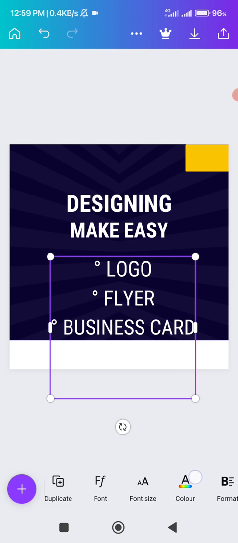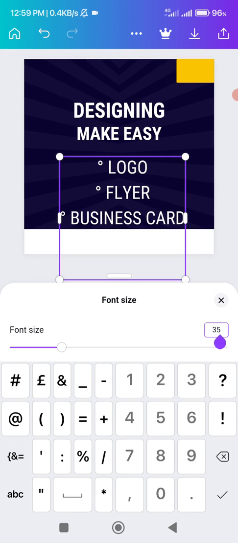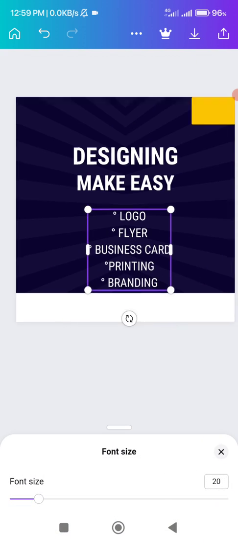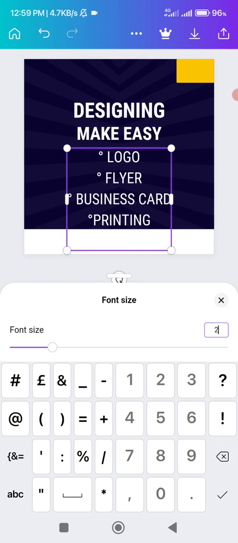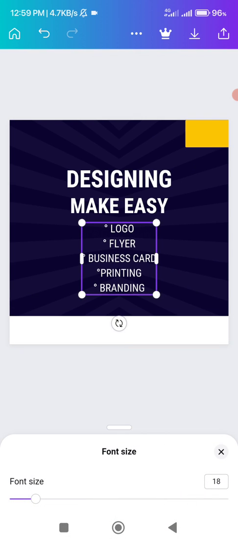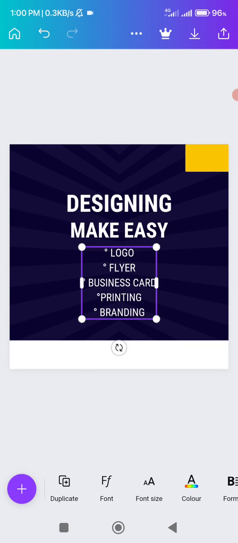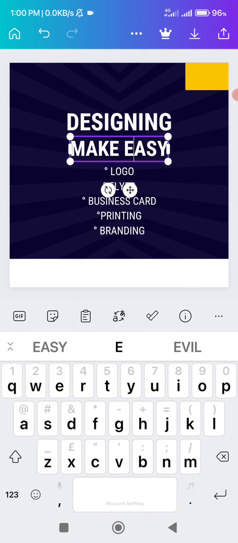So I'm going to reduce the size of this to about 20. Okay, I think that's okay. Oh, let's take it to 18, let's see. Okay, I think this is fair enough. Okay, I think we can work with this. Now the next thing for us to do